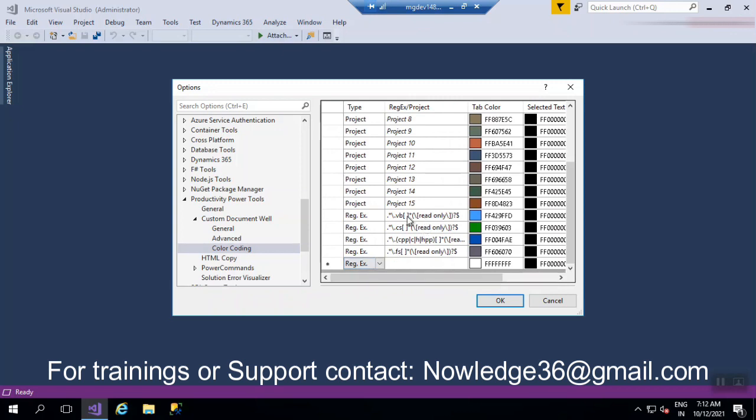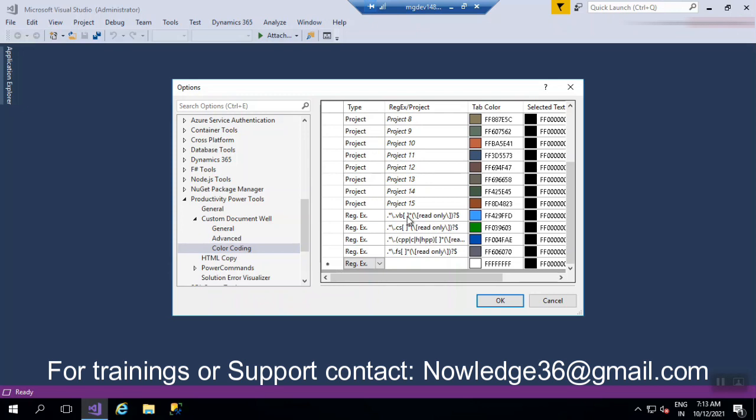This setup is done under Productivity Tools, Custom Document Well, and Color Coding, as I'm showing right now. In this way you can change your tab colors. This is a quick thing that I wanted to show you. You can check the output by creating a project and some elements, so you can see the changes you have made.